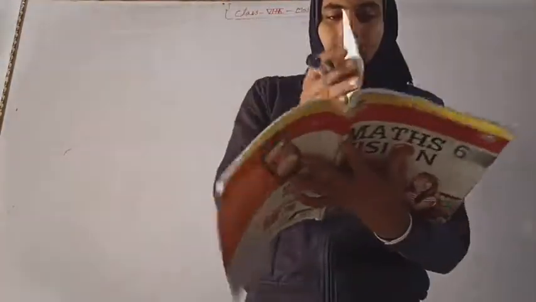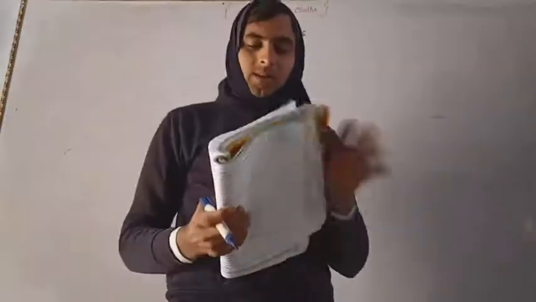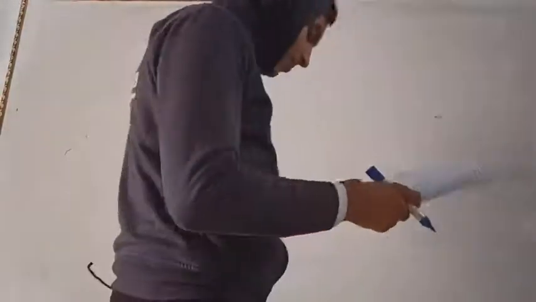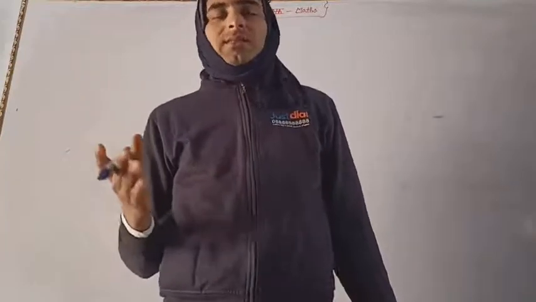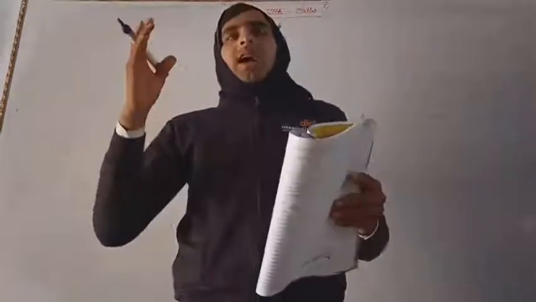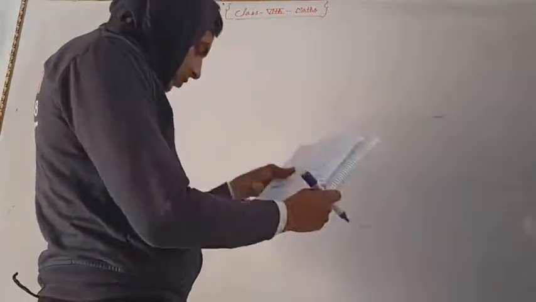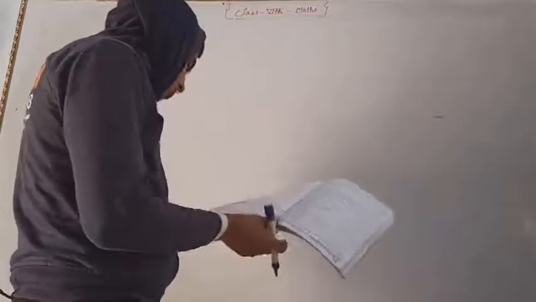Now today we will solve our exercise 10.4 and we will learn some about classification of quadrilaterals. So in quadrilaterals, you already know from your previous class that a quadrilateral has four sides, four arms, and now we have to study some other types of quadrilaterals and the classification of quadrilaterals also.